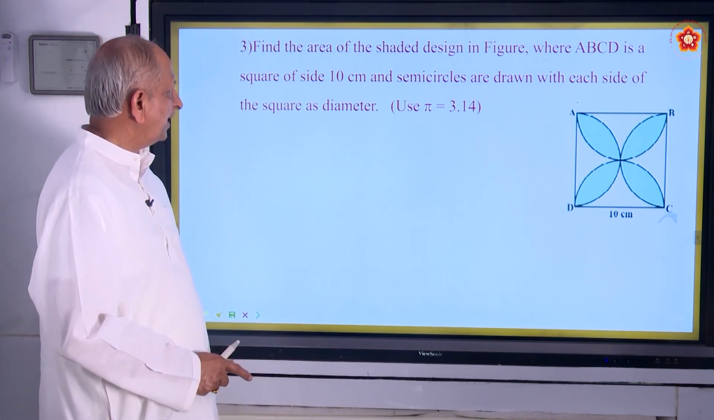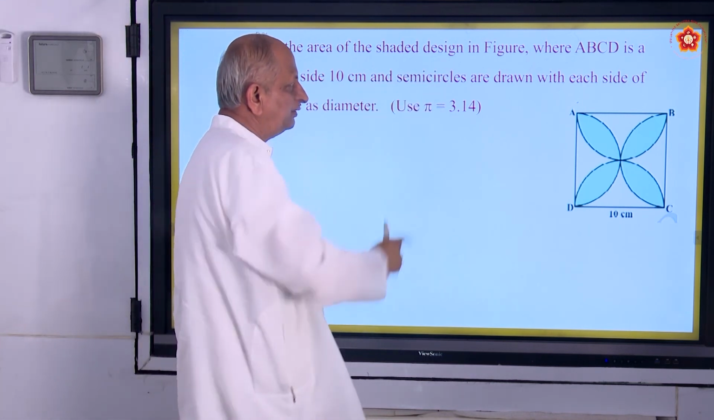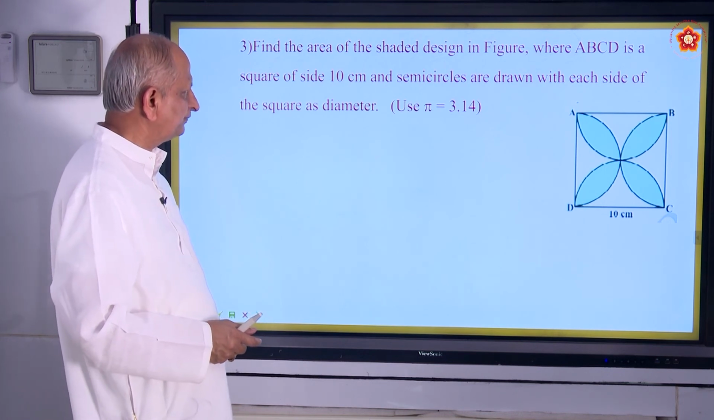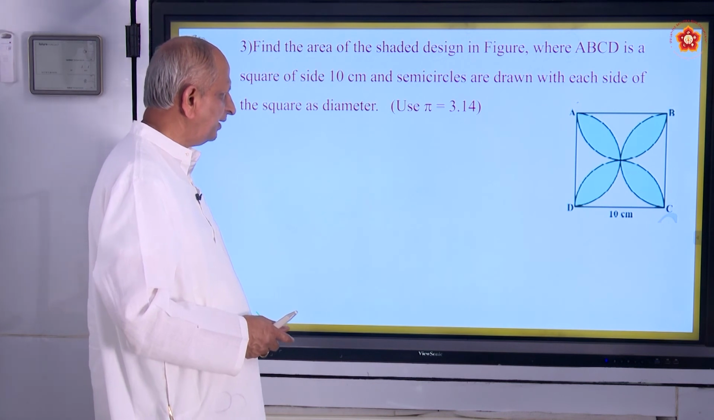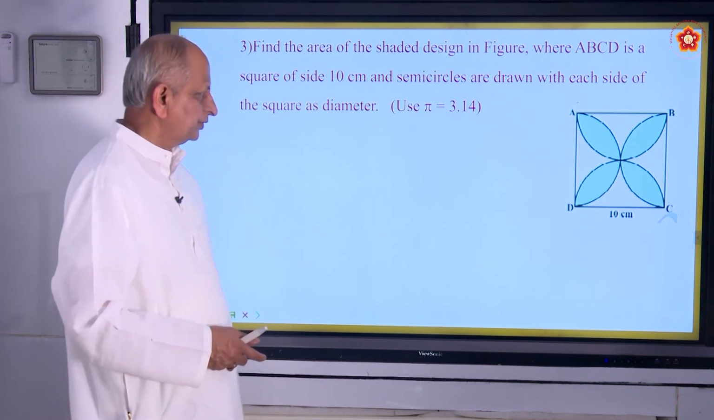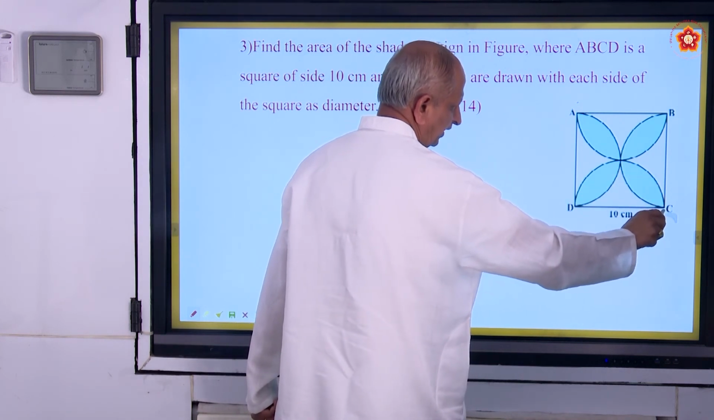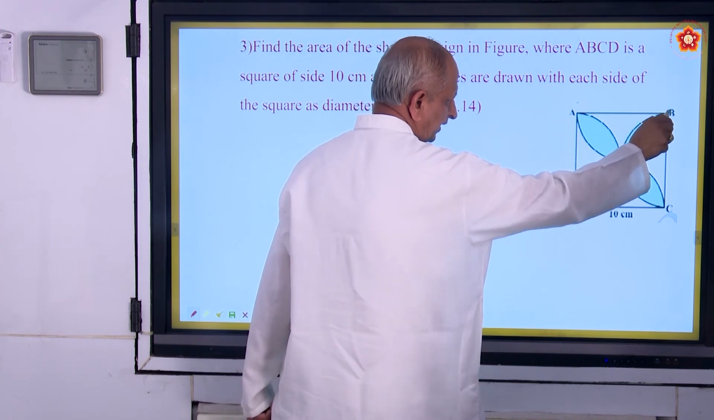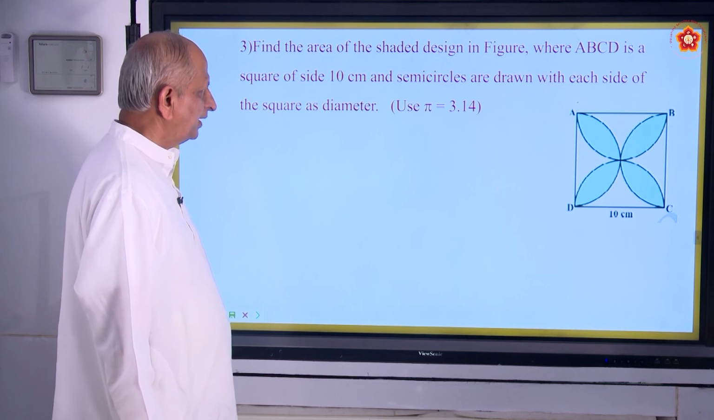Now one more, the last question for today. Area of the shaded design in figure where ABCD is a square of side 10 centimeters. Semicircles are drawn with each side of the square as diameter. So you have 4 semicircles here. You can see with CD as base, with AD as base, AB as base and BC as base. 4 semicircles, and the question is,